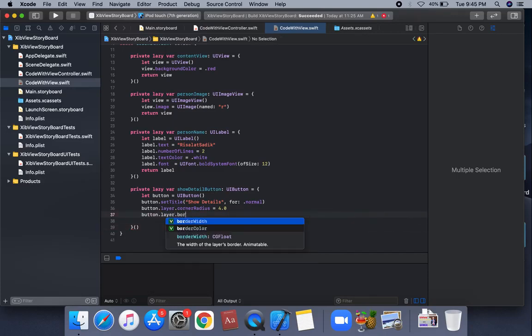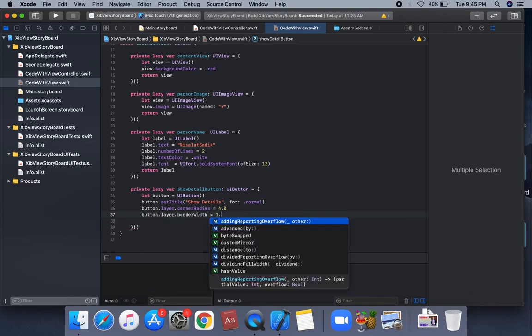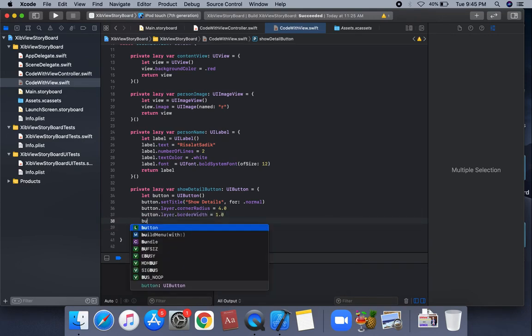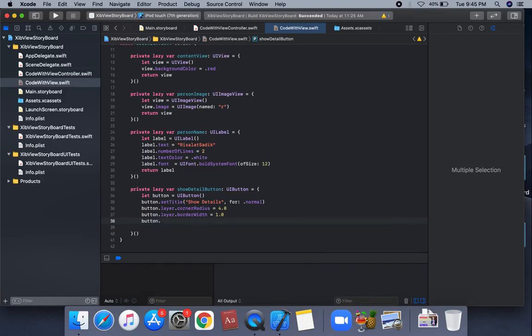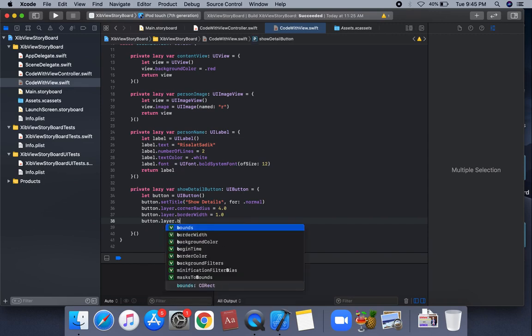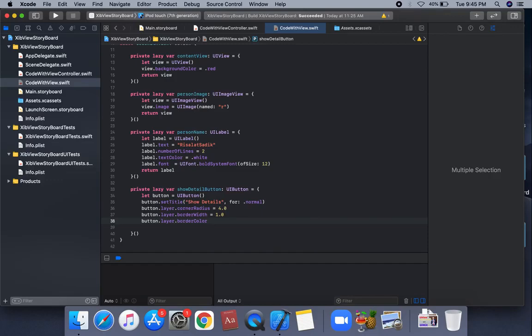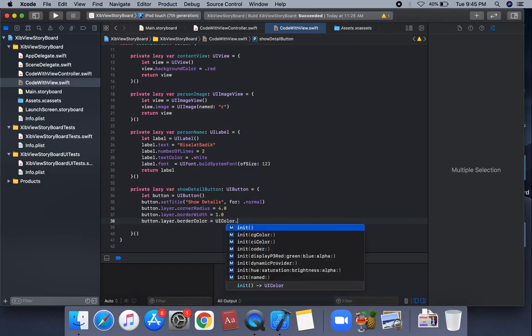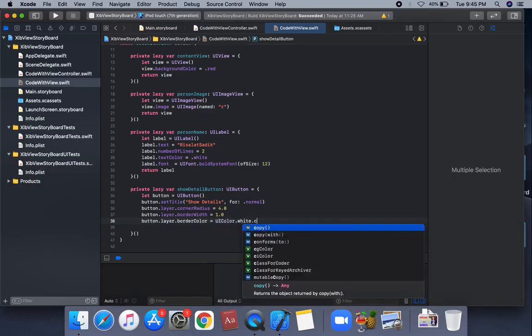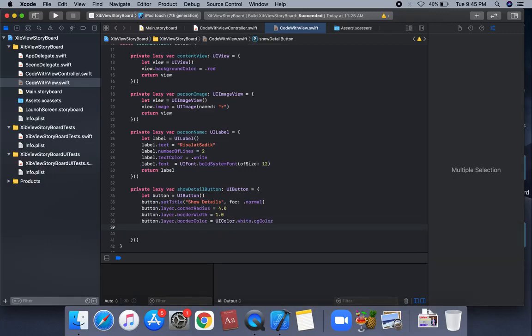We're gonna apply the border width, suppose 1.0, and then button dot layer dot border color is equal to UI color dot white dot CG color. This is the border color as a CG color, and we can complete this button.